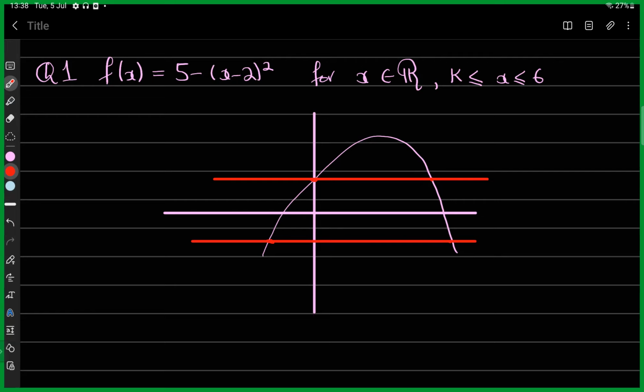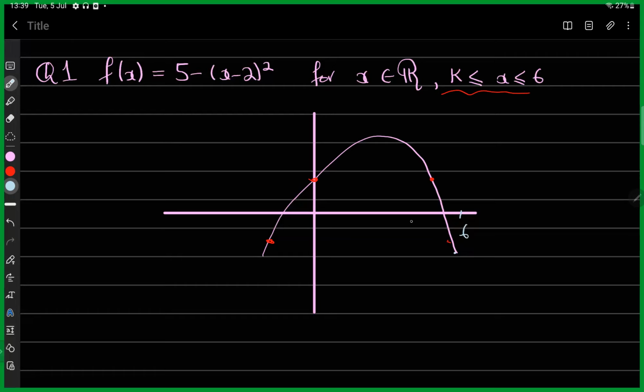Okay, so the first part that we have already discussed said, state the smallest value of k for which it would have an inverse. So we discussed that thing already. That is only possible if I talk about half part of the graph. This is how it was. Let me just erase these red lines, because now we are done with the horizontal line test. We get the idea. This point was basically 6, and now this, the vertex, the x coordinate of the vertex would be k, because if we talk about